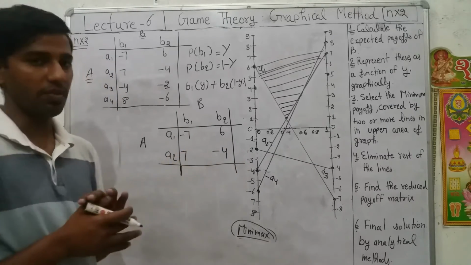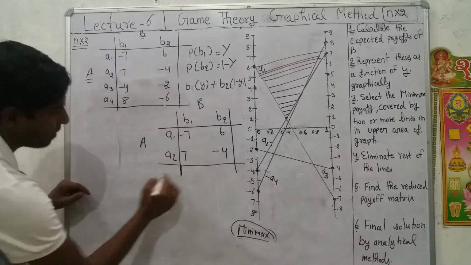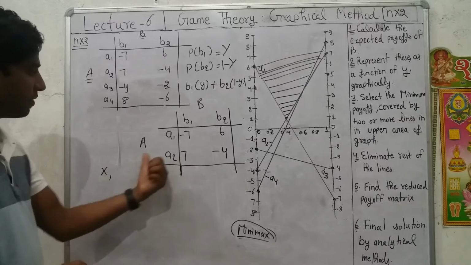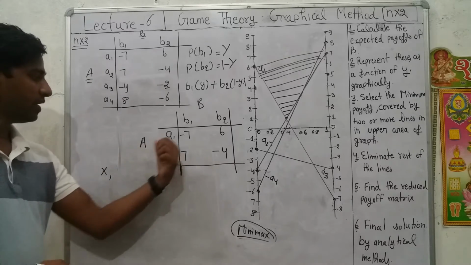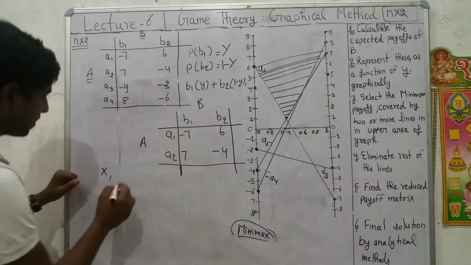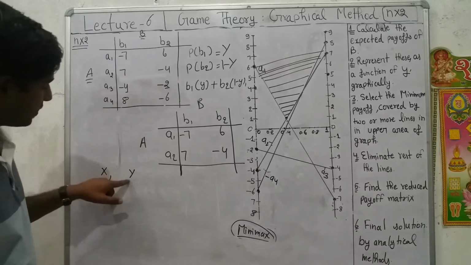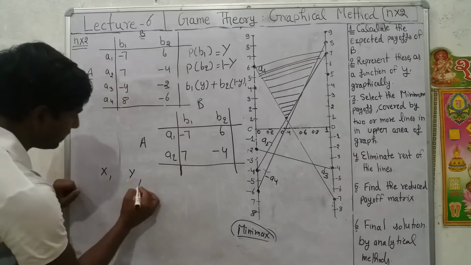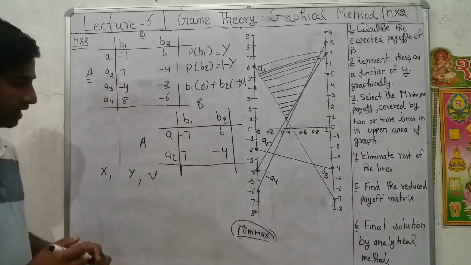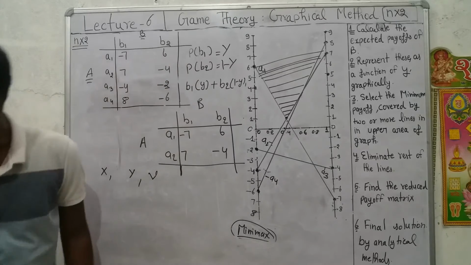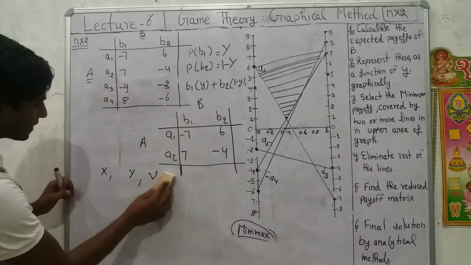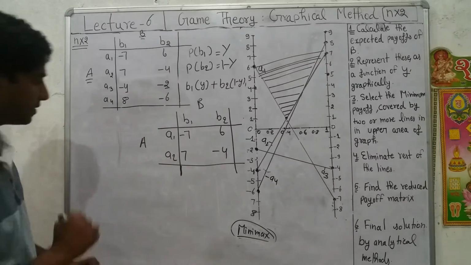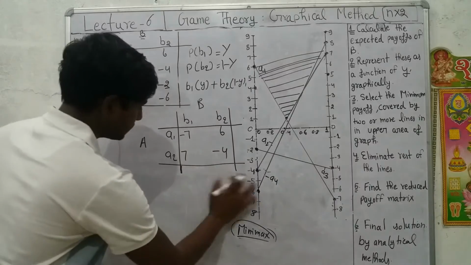to solve this problem. And for that, we need to calculate the value of x, which represents the probability with which company A applies strategy A1, the value of y, the probability with which company B applies strategy B1, and the value of the game. So these three values we need to calculate. We are going to apply direct methods to calculate these values. What are those direct methods? We have discussed them in a previous video also.